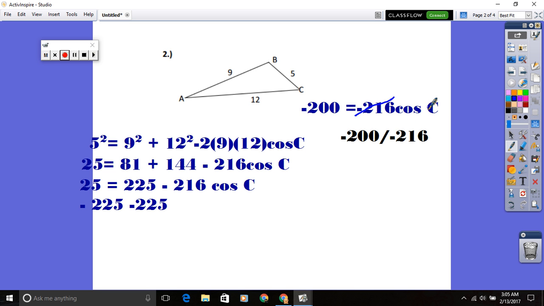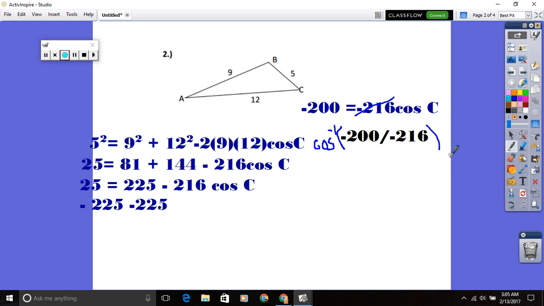So the inverse of cosine is cosine negative 1. And if you ever forget, the inverse is above the key. You just have to hit the second, which is the shift key on your calculator. So this is going to be cosine negative 1. And now I'll type the division in so that I'm not doing so much rounding. So second cosine, negative 200 divided by negative 216 gives me